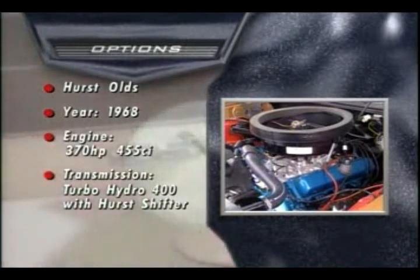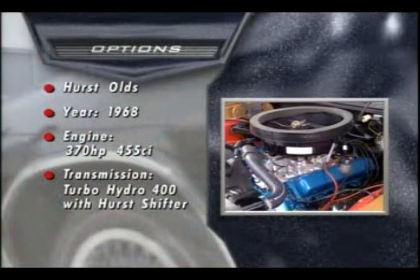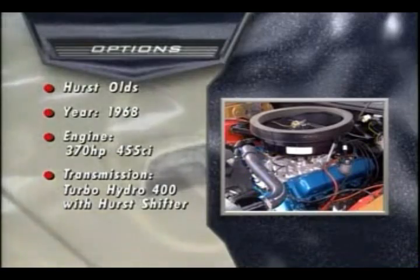All '68 Hurst Oldses came with the M40 Turbo Hydramatic trans and the Hurst dual gate shifter, naturally, and every heavy-duty option you could get on a 442, from battery to fan to radiator. All were painted